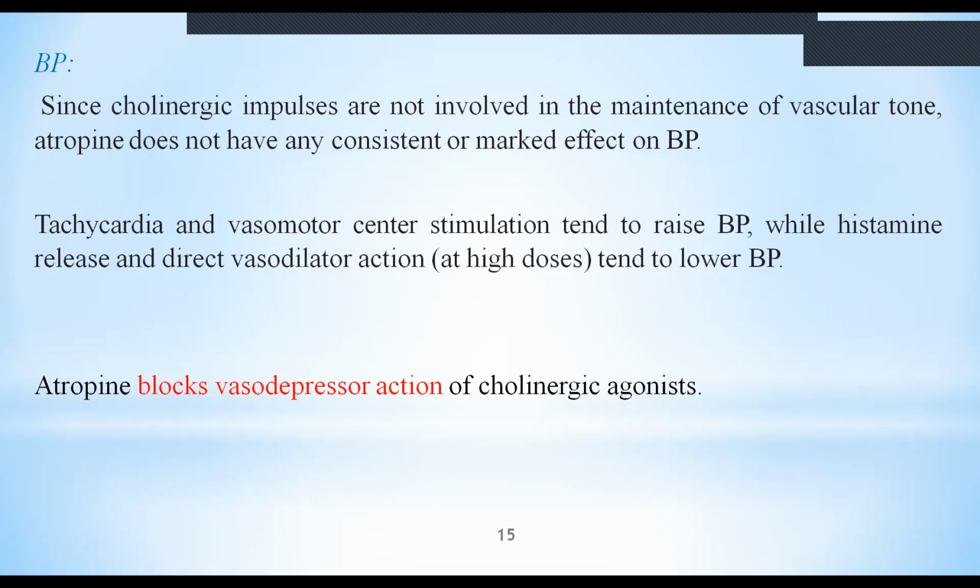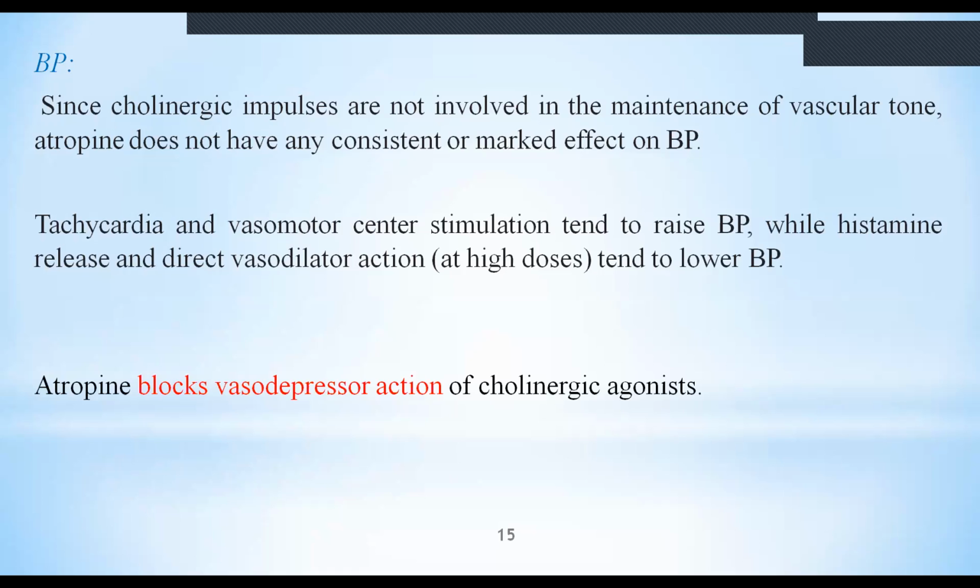And on the blood pressure, cholinergic impulses are not involved in maintenance of vascular tone. Atropine does not have any consistent marked effect on blood pressure, because to increase the blood pressure, simply increasing the heart rate or the force of contraction is not sufficient. There should be constriction of the peripheral vasculature also. Atropine is not doing the second one. So even though the heart rate and the force of contraction are increased to some extent,